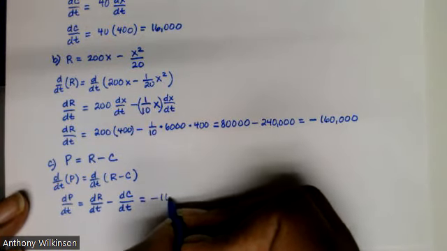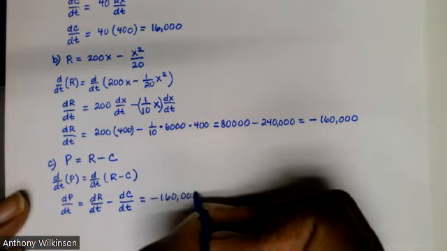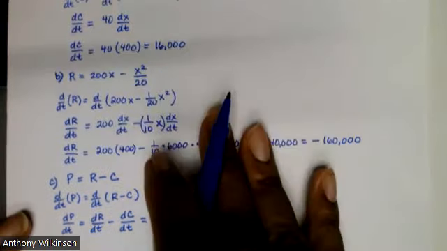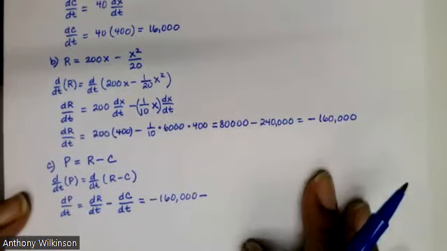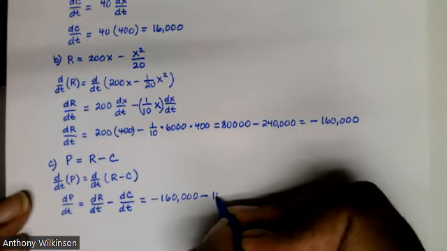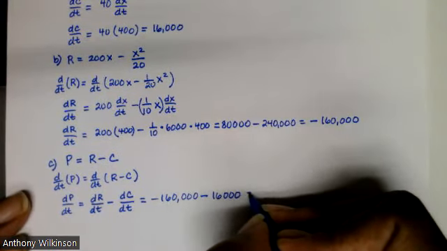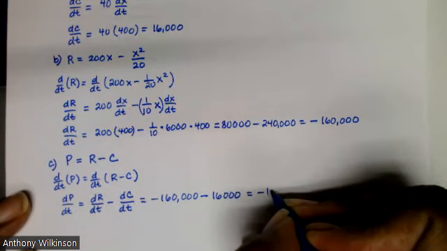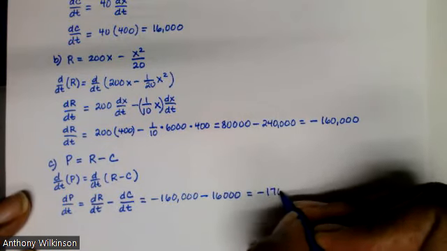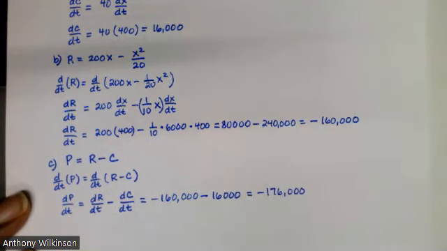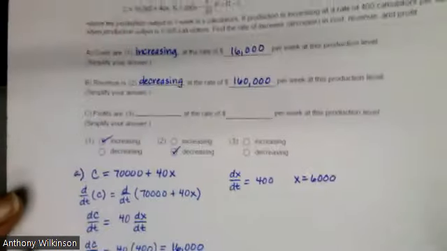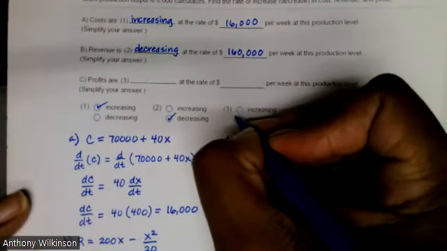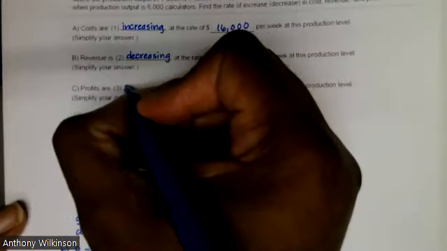Well, the derivative of the revenue with respect to time, we found out in part B to be negative 160,000, minus the cost, which was 16,000. We found that out in part A. So negative 160,000 minus 16,000 will be negative 176,000. Okay. So to answer part C, the profits are, in this case, decreasing